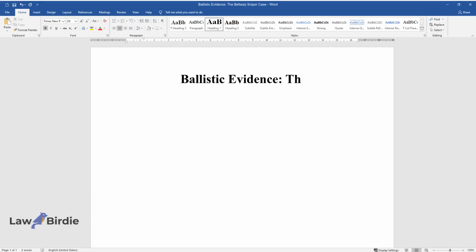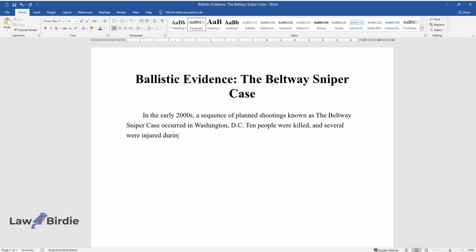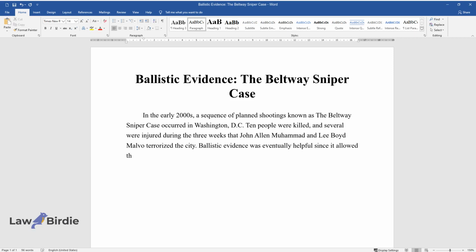Ballistic evidence, the Beltway Sniper Case. In the early 2000s, a sequence of planned shootings known as the Beltway Sniper Case occurred in Washington, D.C. 10 people were killed, and several were injured during the 3 weeks that John Allen Muhammad and Lee Boyd Malvo terrorized the city. Ballistic evidence was eventually helpful since it allowed the authorities to identify not only the weapons but